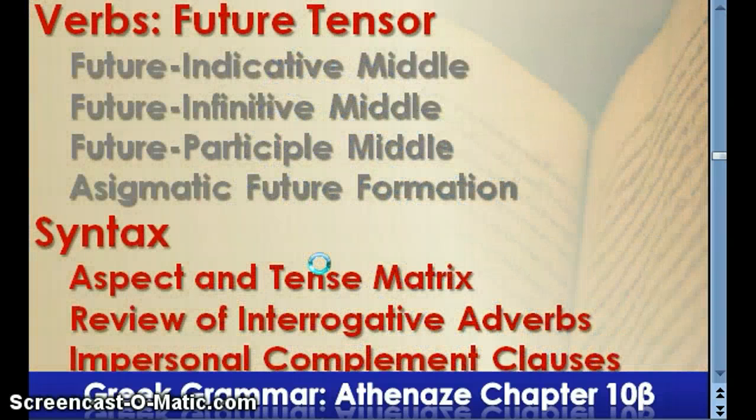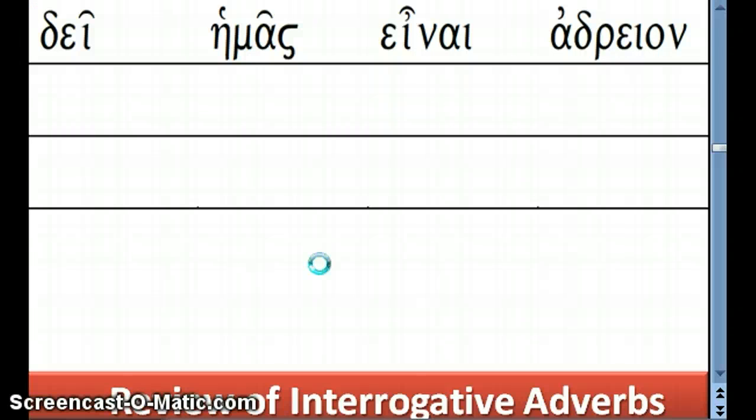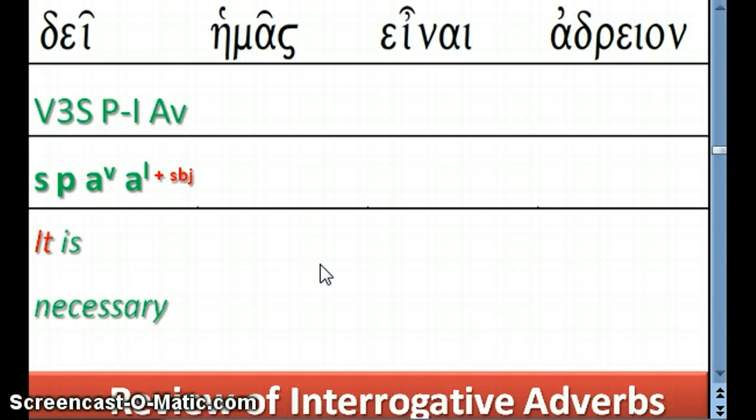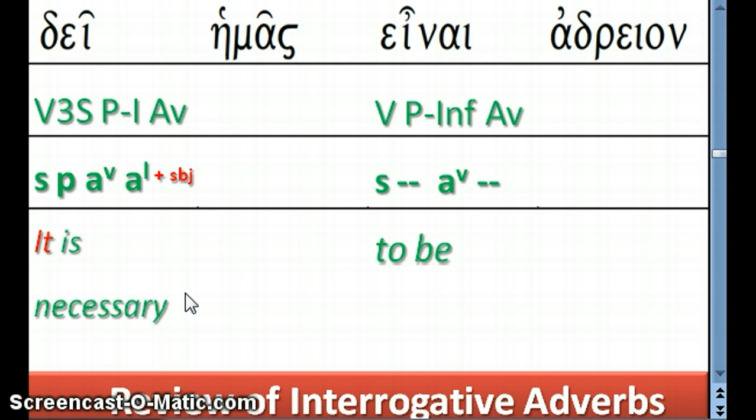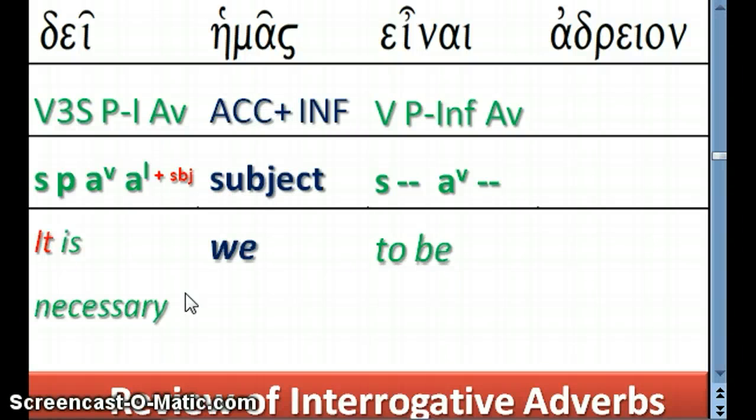Never waste it. Finally, let's talk about the impersonal complement clause. We've already seen this in Latin with necesse est, as well as the impersonal verbs such as oportet, it is appropriate, and licet, it is permitted, where we will see in Greek it's dei, which is impersonal. It is necessary. Always it is necessary. You then look for the infinitive. It is necessary to be, and in complement clauses of the infinitive in Latin and Greek, you have the accusative being the subject phrase. So instead of it is appropriate for we to be, it is appropriate for us to be. It's necessary for us to be